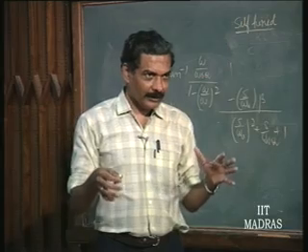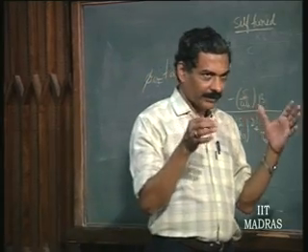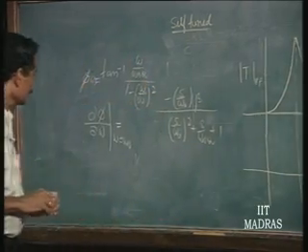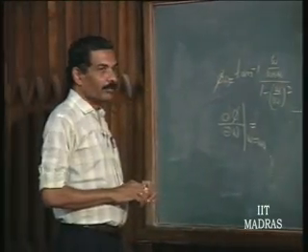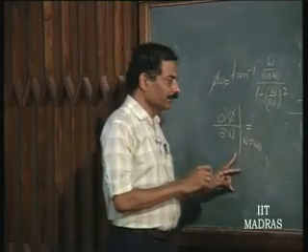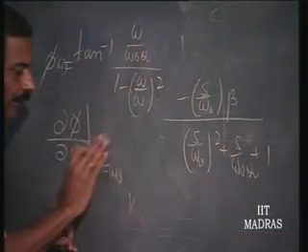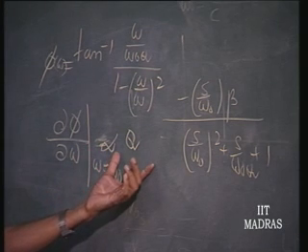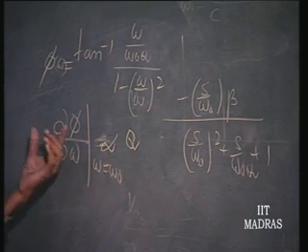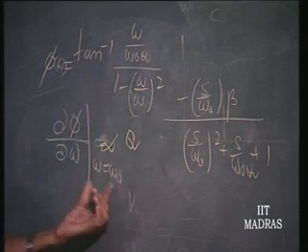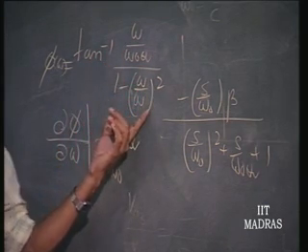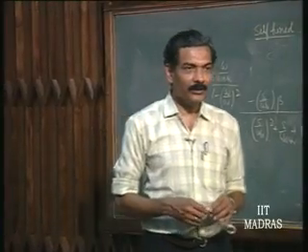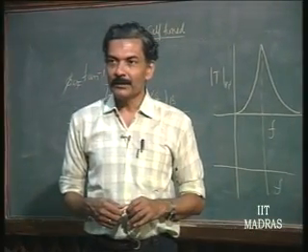Phase shift at the resonant frequency is 0, that is known to you, for the band pass output 0 or 180 degrees. But phase variation you can see is directly proportional to Q. I would like you to evaluate this exact value. What is delta phi by delta omega at omega equal to omega naught? Please evaluate this as a homework problem and see for yourself that it is directly proportional to Q of the